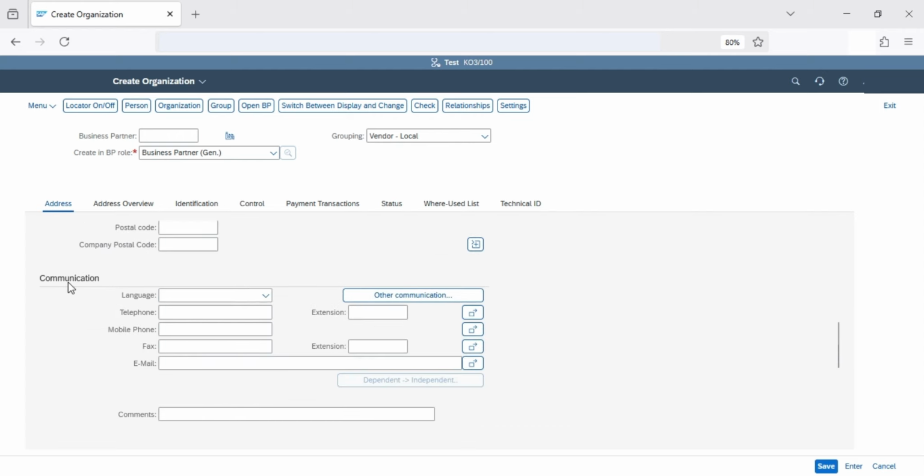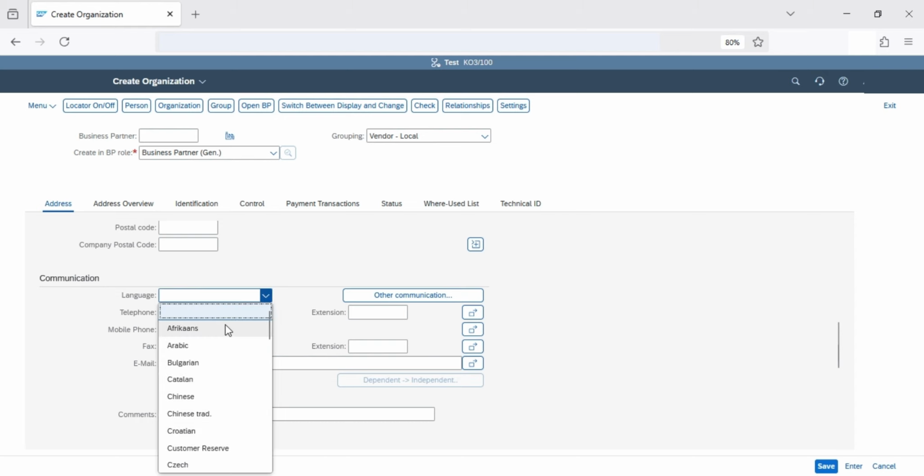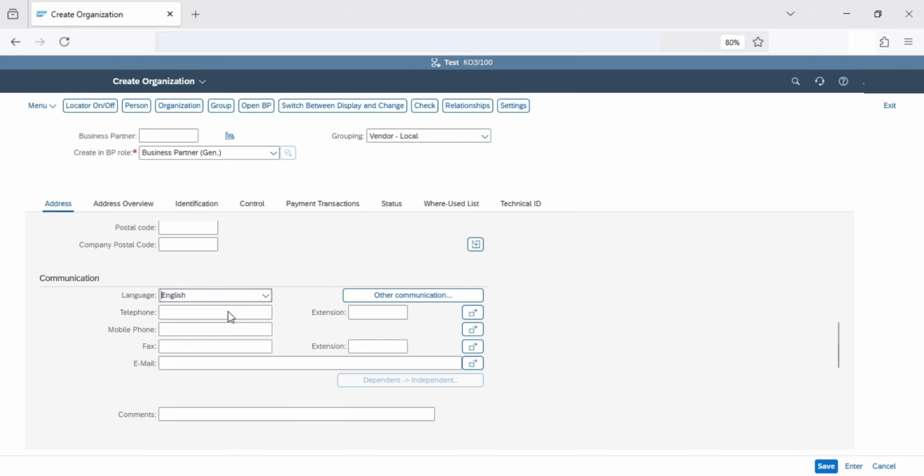Now this is the mandatory part. Communication, you always need to select the language. So the common language, the one most people use is English, so we'll be selecting English here. Then further, if